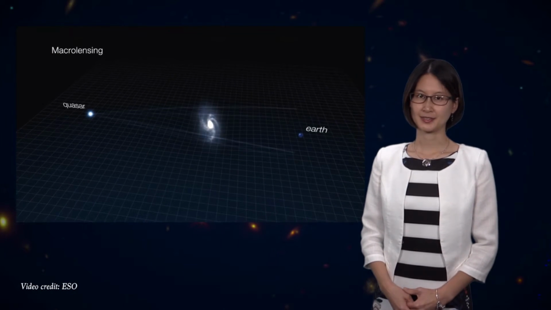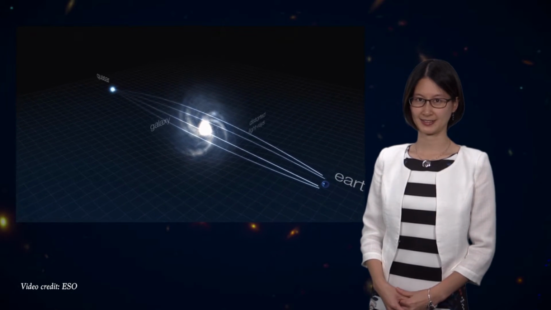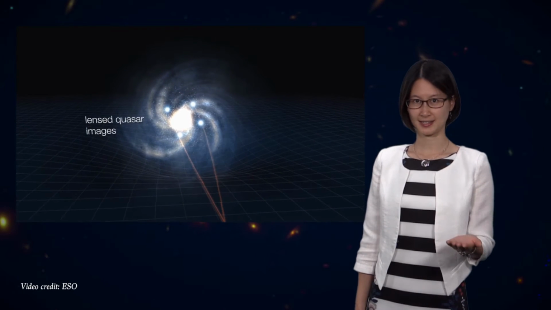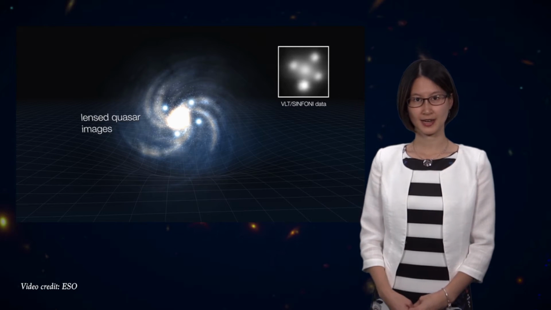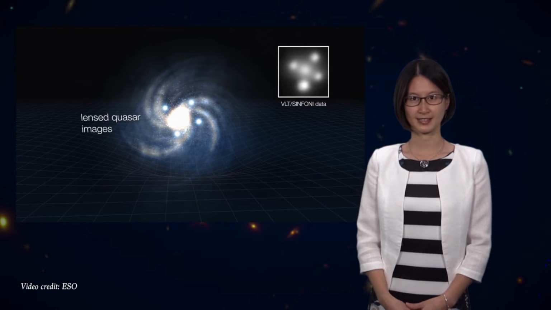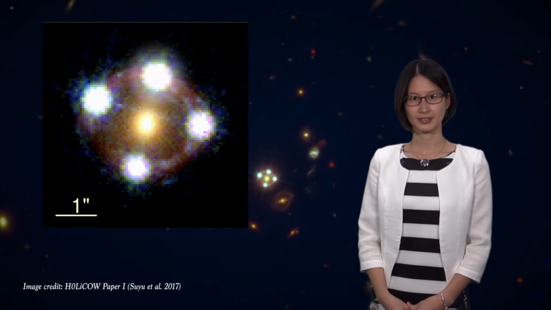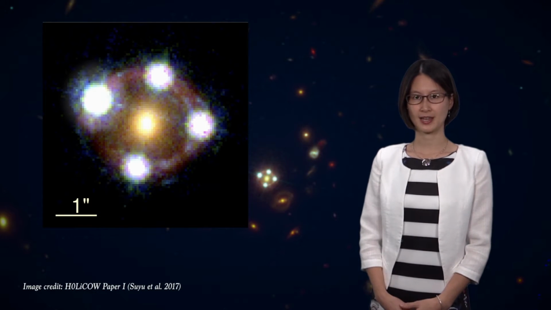Such a system is composed of a bright and remote quasar lying behind a massive galaxy. The gravitational field of the massive galaxy acts like a lens and distorts the light ray emitted by the quasar in such a way that multiple images of the quasar appear around the foreground lens galaxy. Since the light radiated by the quasar changes over time, we see the same flickering pattern in each of the quasar images, but delayed in time due to the different light path of the different images.